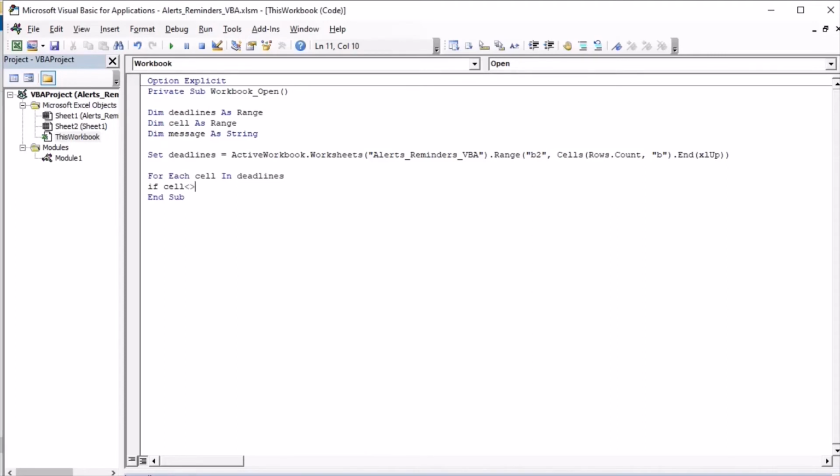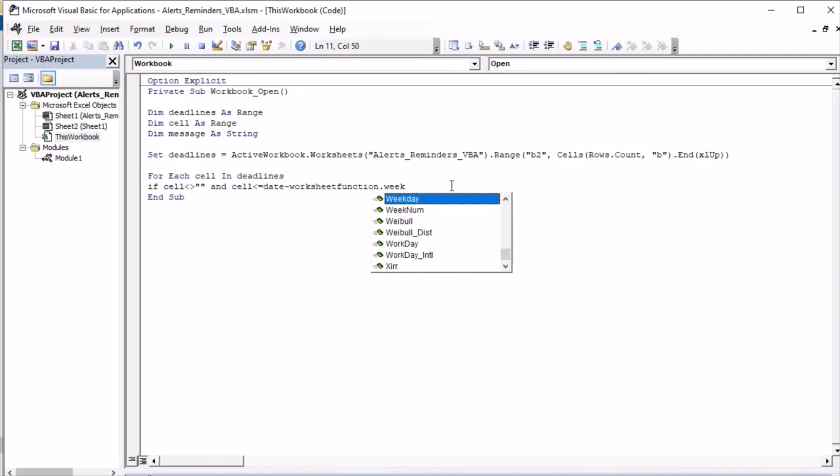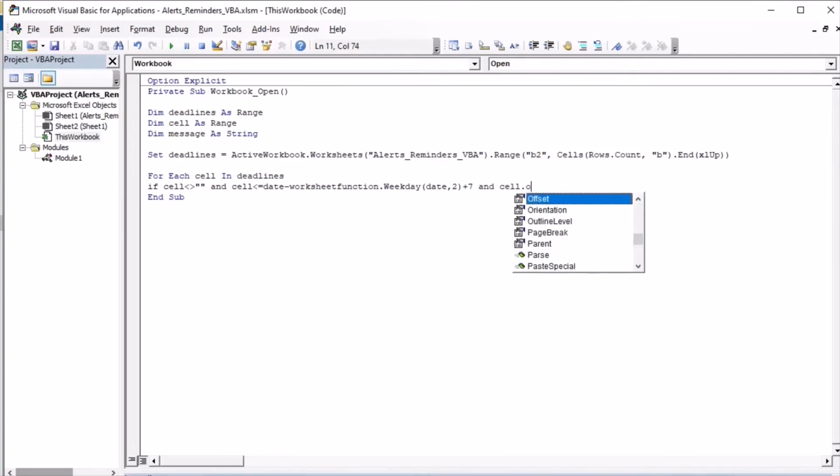If cell is not empty and is less than or equal to date, so instead of function Today, we will use Date in Visual Basic, minus WorksheetFunction.Weekday of date, again option 2, plus 7, and